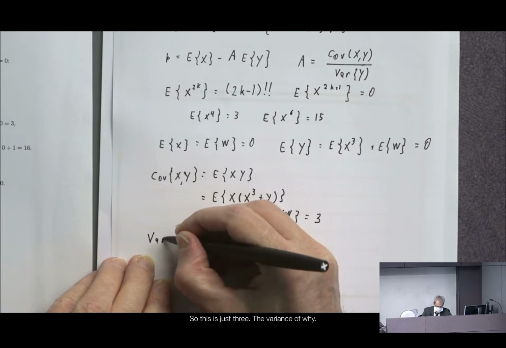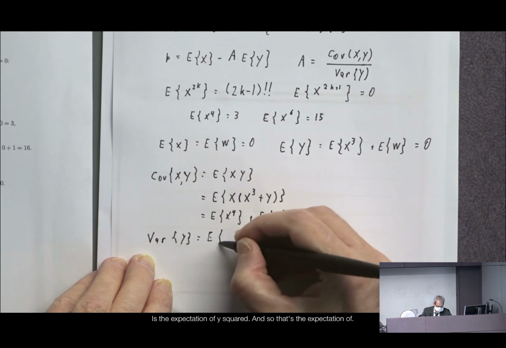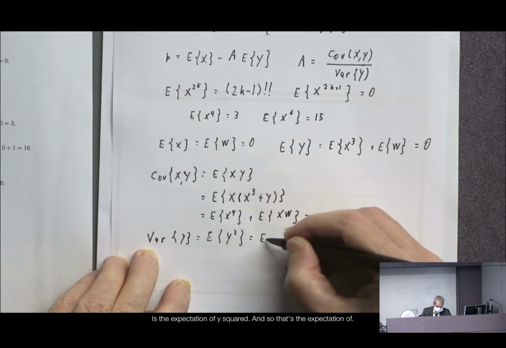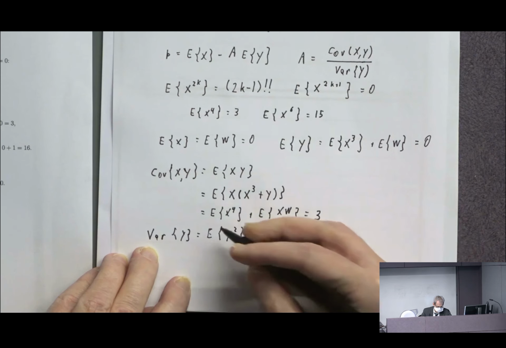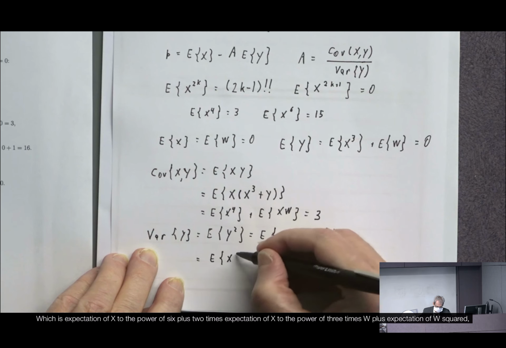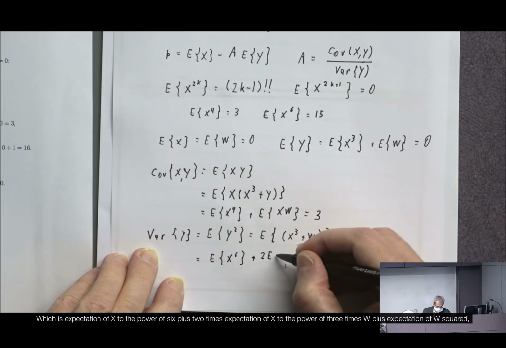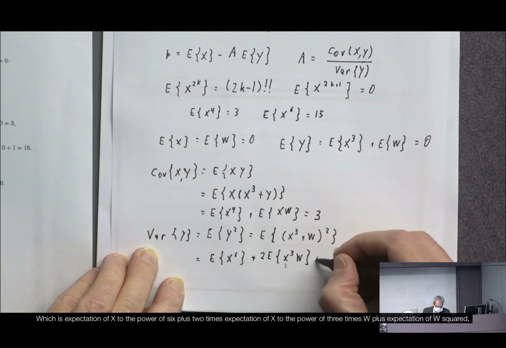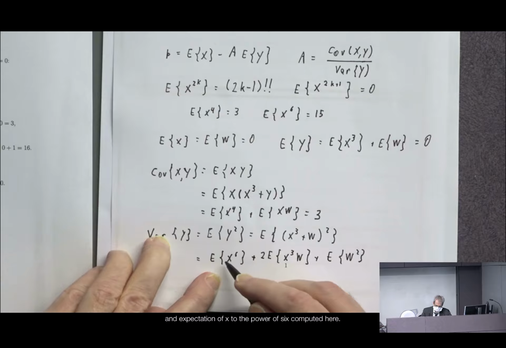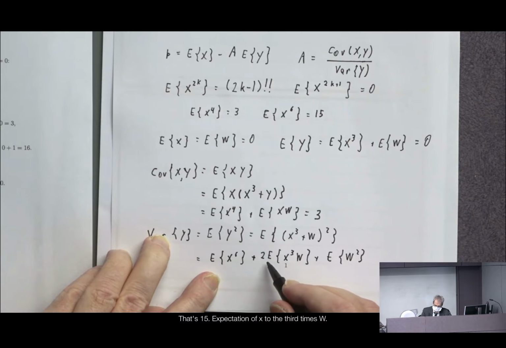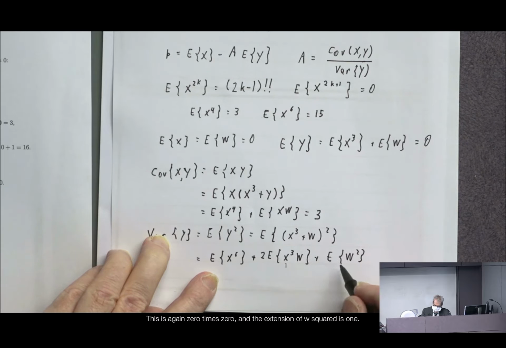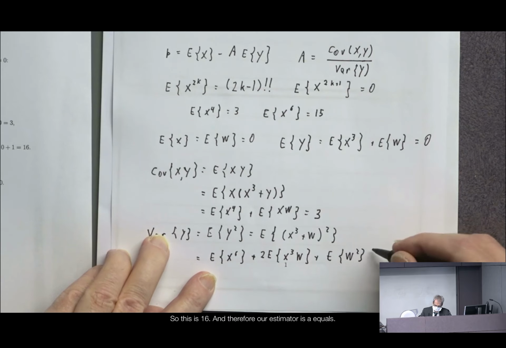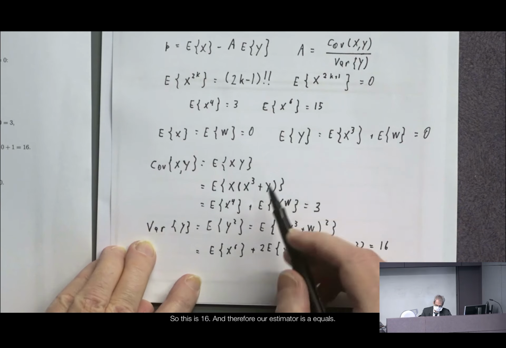The variance of y is the expectation of y squared, and so that's the expectation of (x to the power of 3 plus w) squared, which is expectation of x to the power of 6 plus 2 times expectation of x to the power of 3 times w plus expectation of w squared. And expectation of x to the power of 6, we computed here, that's 15. Expectation of x to the 3rd times w is again the product of expectation of x to the 3rd and expectation of w, which is again 0 times 0, and expectation of w squared is 1, so this is 16. And therefore, our estimator is a equals